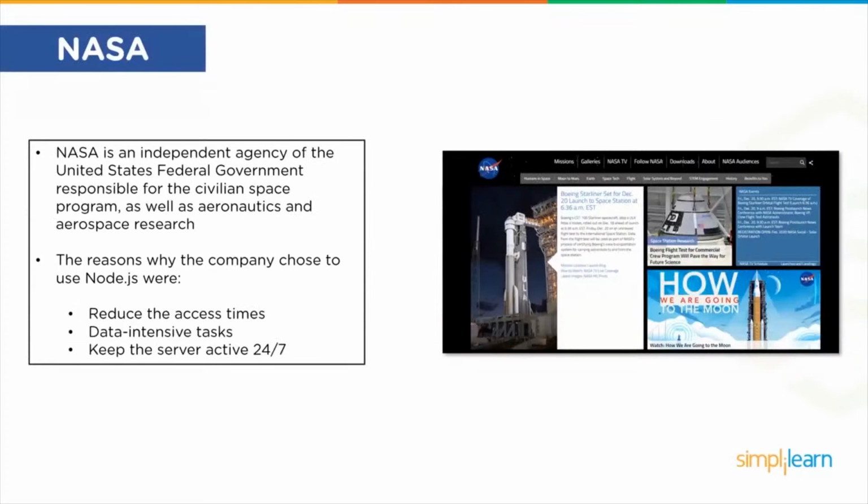Next up, we have NASA. Now, NASA is an independent agency of the United States federal government responsible for the civilian space program as well as aeronautics and aerospace research. The reasons why the company chose Node.js were reduced access times, handling of data-intensive tasks, and the fact that the